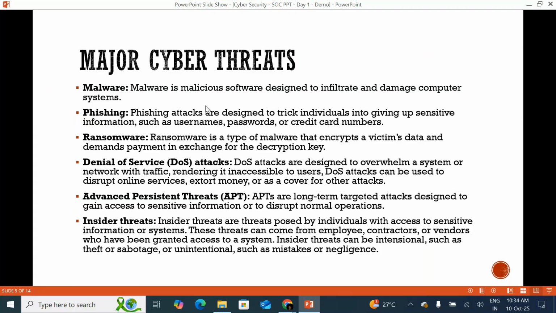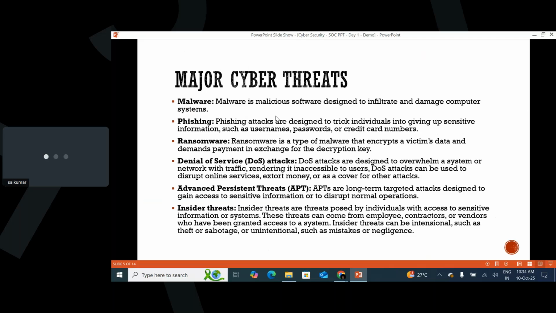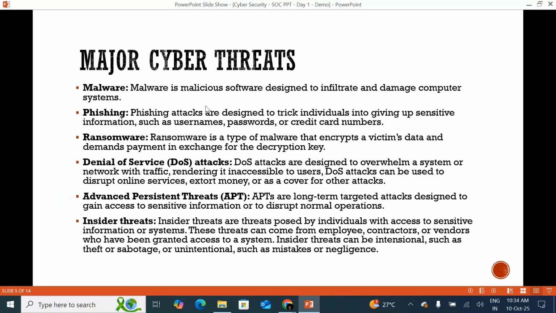Next, go to ransomware. What is ransomware? Ransomware is nothing but kidnapping. Let's say there is a person, a big shot, and his son is studying in some school. We just kidnap that kid, and demand money in exchange for returning that kid. You got my point. Same thing happens in ransomware.